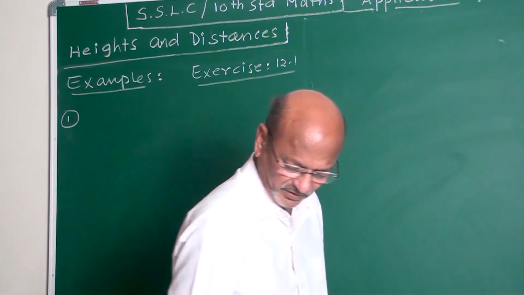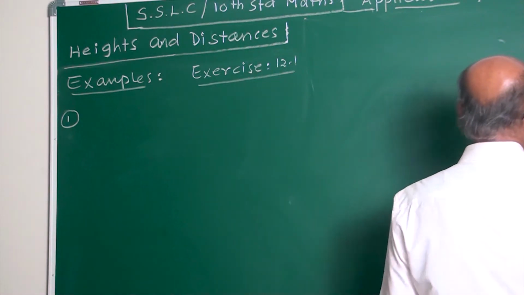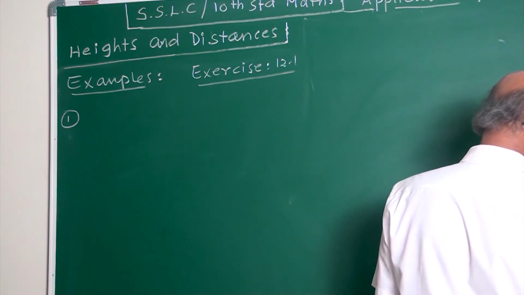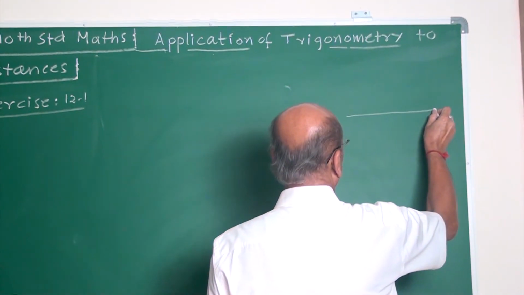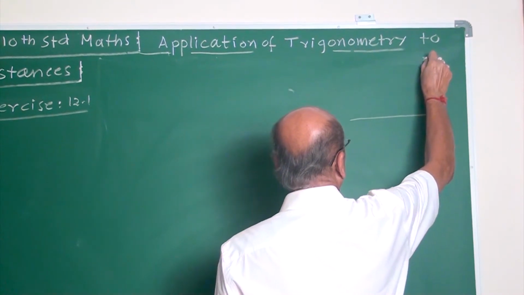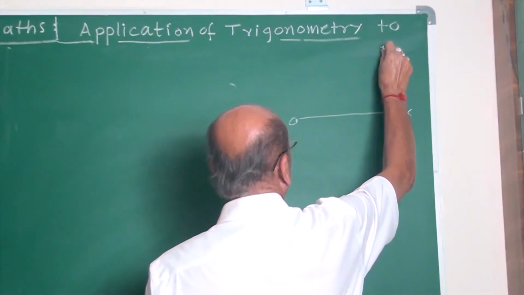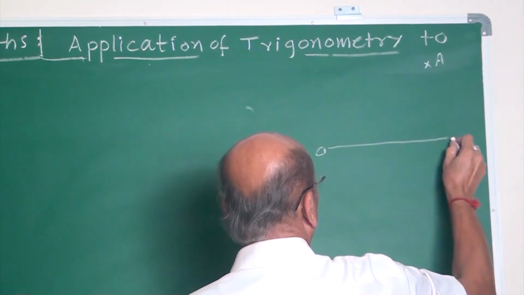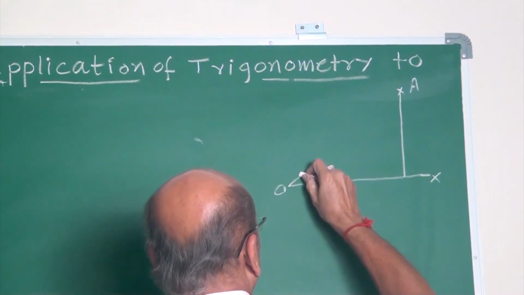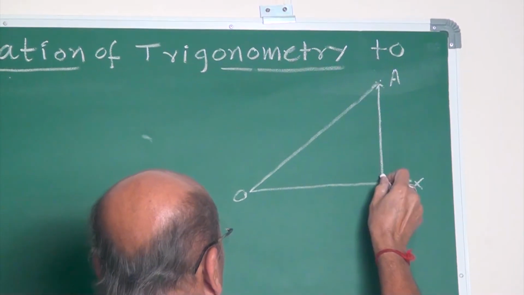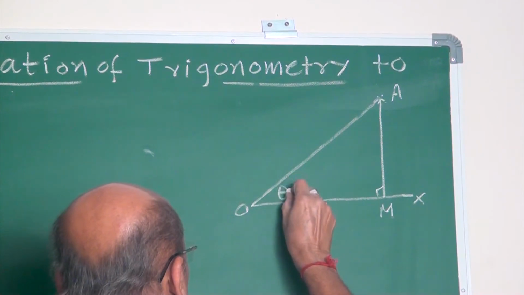Yes, my friends, trigonometry means it comes with a right angle triangle. Here also you might have seen angle of elevation, angle of depression. See, this is the horizontal line. If the object A is here, if it is O, this is OX, this is OA. If you draw a perpendicular from here, what is this? My friend, it is a right angle triangle. Say this is AM. If this angle is theta,